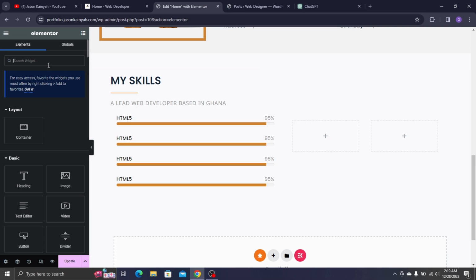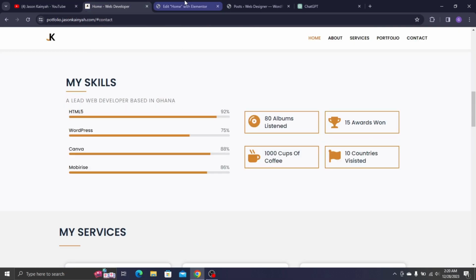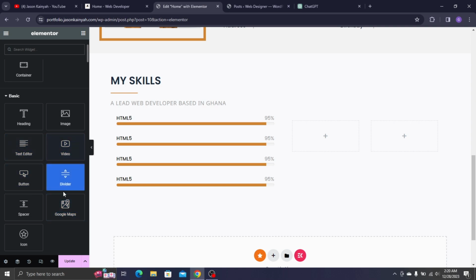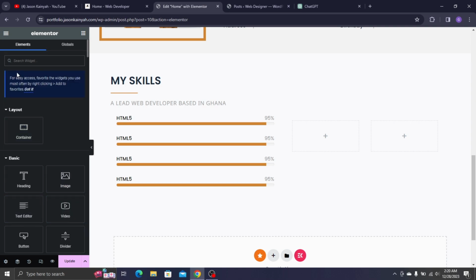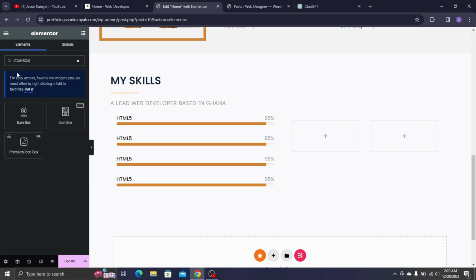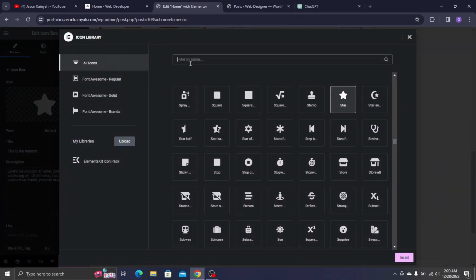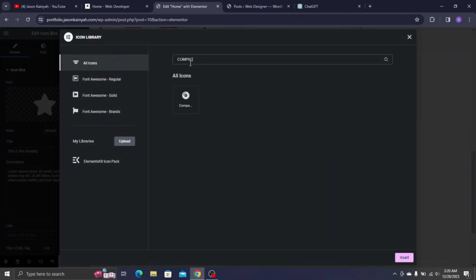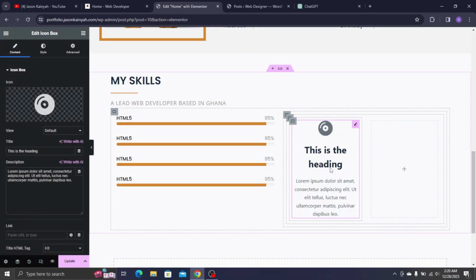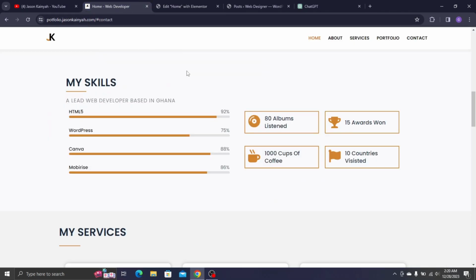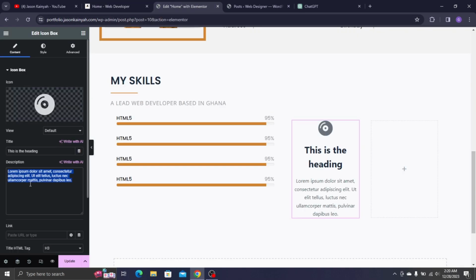So now what we should look for is an icon box. So let's search for icon box. Then we'll use this one. So we'll drag it in over here. Then I'm going to look for the icon, I'm going to make it a compact disc, right? So now that we have this icon, it doesn't have a description, so we're going to get rid of the